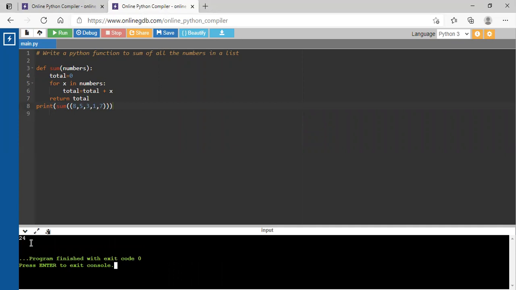Now it will give the answer. Just see here, it will give an error, because in the previous part I have not put that into the list form. I have just taken the sum of numbers, but here it is one argument, and I have passed here 1, 2, 3, 4, 5 as arguments. So it is not possible. So this is the reason why they are telling in the question the numbers in the list.